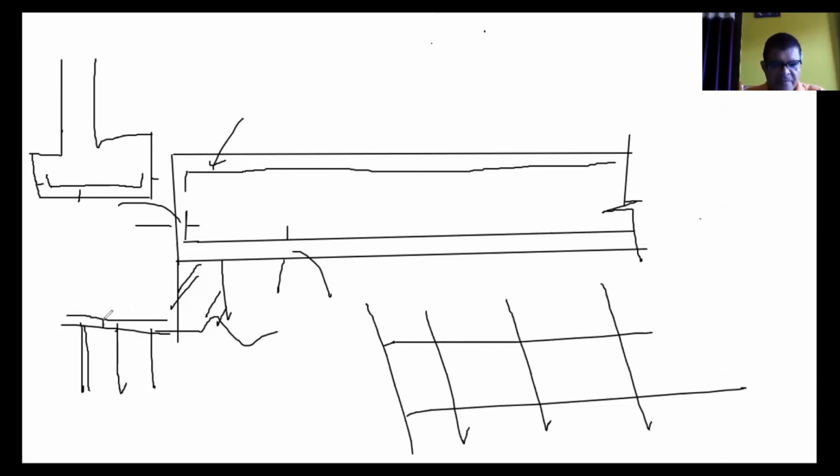Now here the gap of 25 millimeter has to be maintained. So you have to make some blocks of 25 millimeter. The width is not important, but the height should be minimum 25 millimeter. If you put this kind of blocks, this will be rigid, but if it is very flexible, then it will fail under the load. It should stand till the casting of this RCC, till you cast this component of the structure.